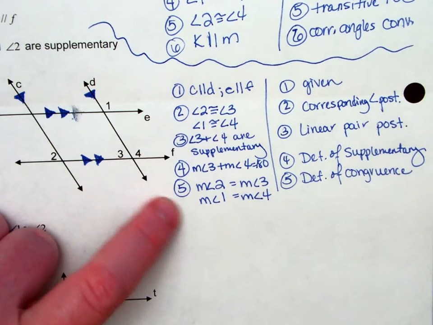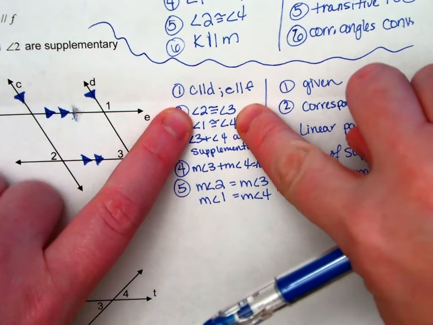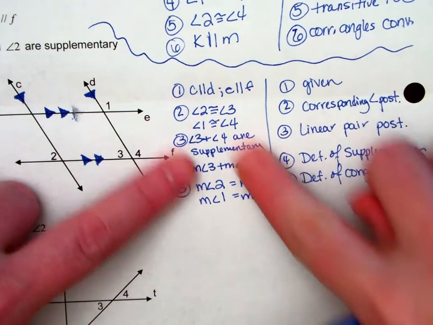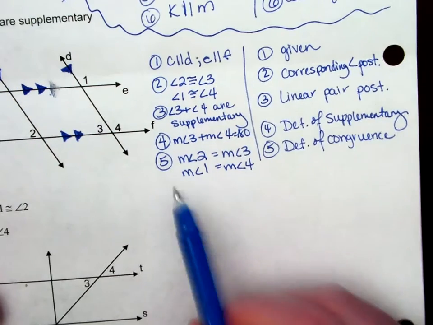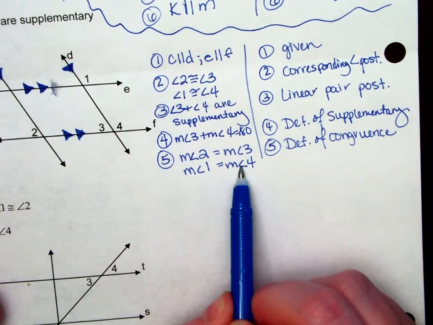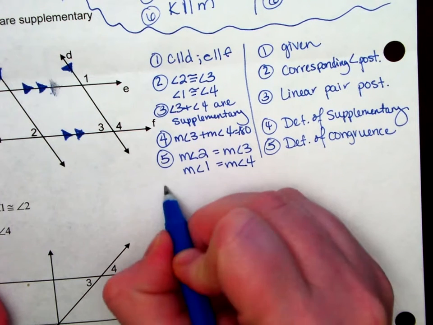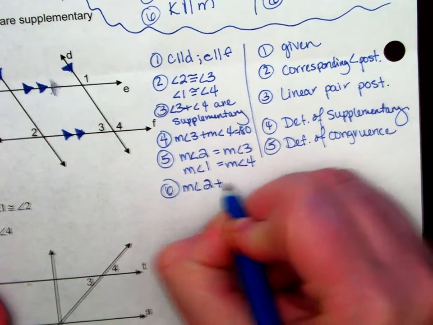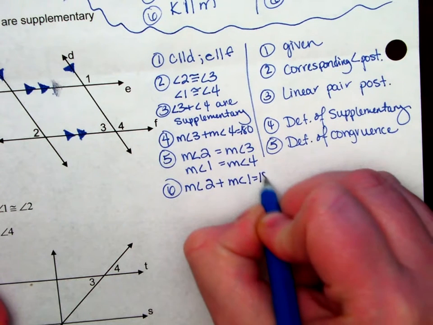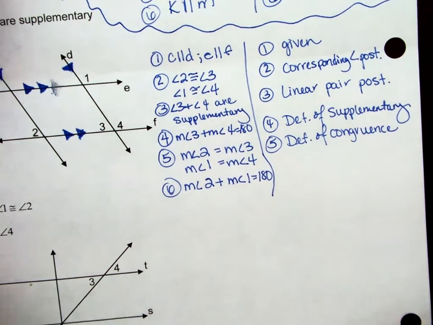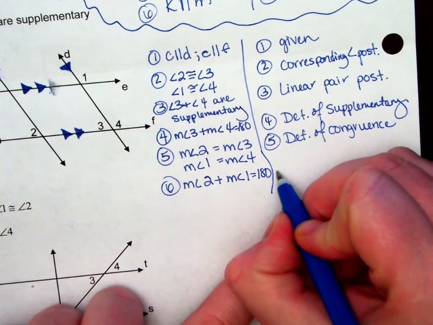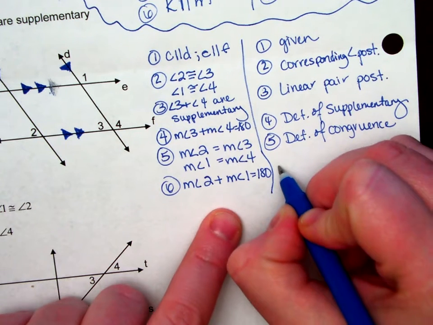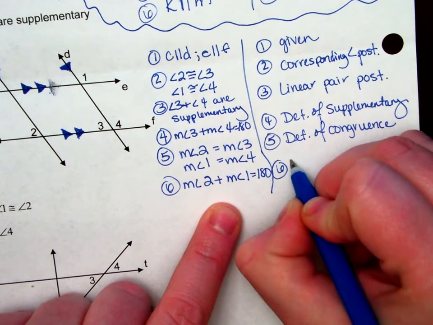So I'm using the definition of congruence, so knowing that the angles are congruent to each other, their measurements are equal. Now I have 2 and 3 being equal, 1 and 4 being equal, so I'm going to substitute those single values in. So number 6, measurement of angle 2 plus measurement of angle 1 equals 180 degrees. I know I'm doing a double substitution, but since I'm substituting out single values, it's not like doing two transitives. I'm just substituting out at the exact same time. So you could do 2 steps for this and have it in 7, but I'm going to do it in 1 step. So this would be